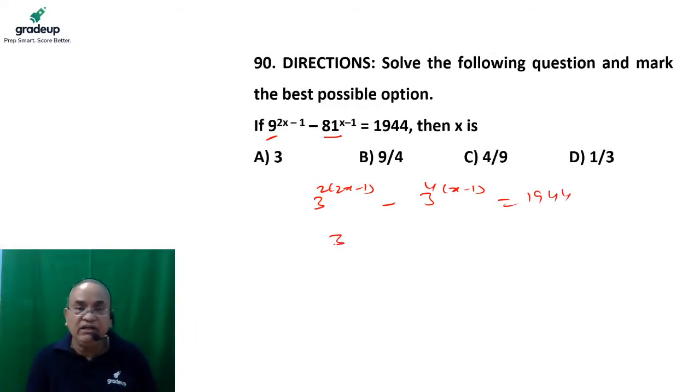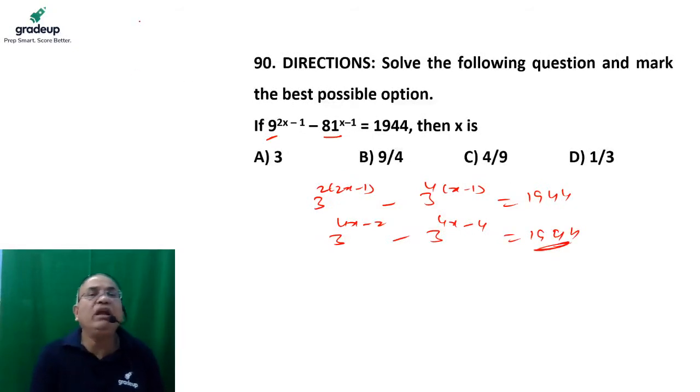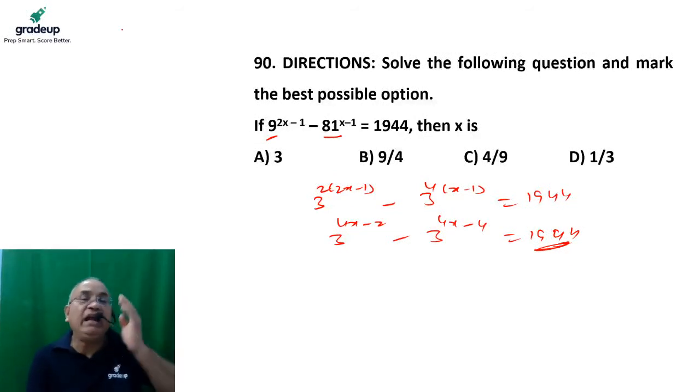Later on we can write 3 to the power 4x minus 2 minus 3 to the power 4x minus 4, that is equal to 944. It is not a big value. So I am giving you the easiest way to solve this question. If I write all the exponents of 3 which are very near to 944: 3 to the power 0, 3 to the power 1, 3 to the power 2 is 9, then 27,